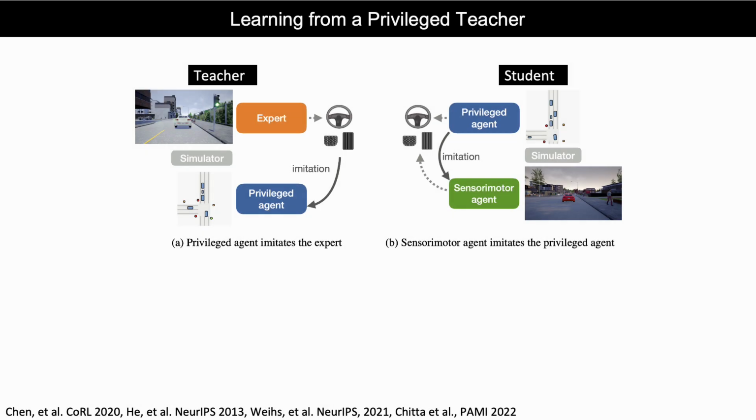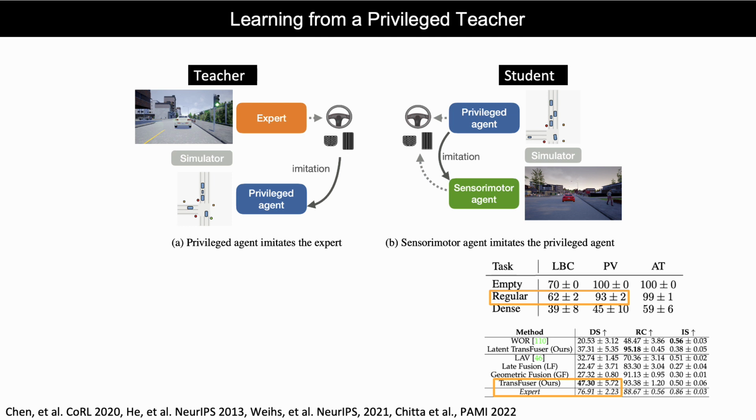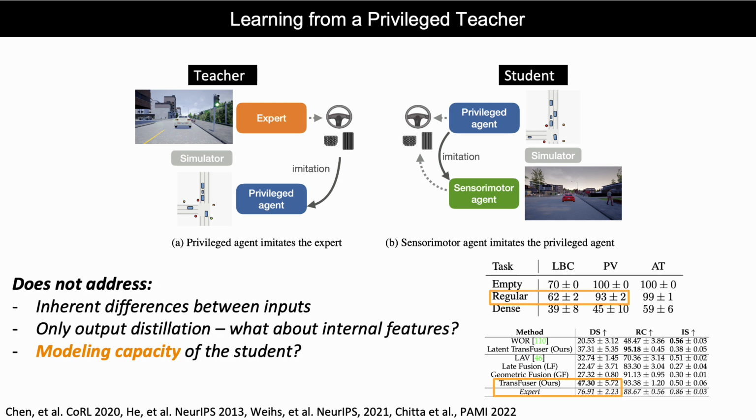Now, we will dive into the details of our proposed CAT framework. To ease the challenging sensorimotor agent training task, recent approaches decompose the task into stages, by first training a privileged network with complete knowledge of the world, and distilling its knowledge into a less capable student network. However, current distillation methods for sensorimotor agents result in suboptimal driving behavior, due to inherent differences between the inputs, modeling capacity, and optimization processes of the 2 agents.